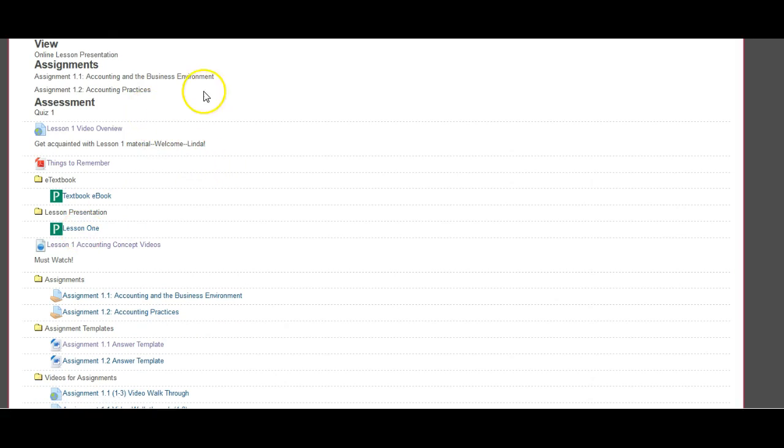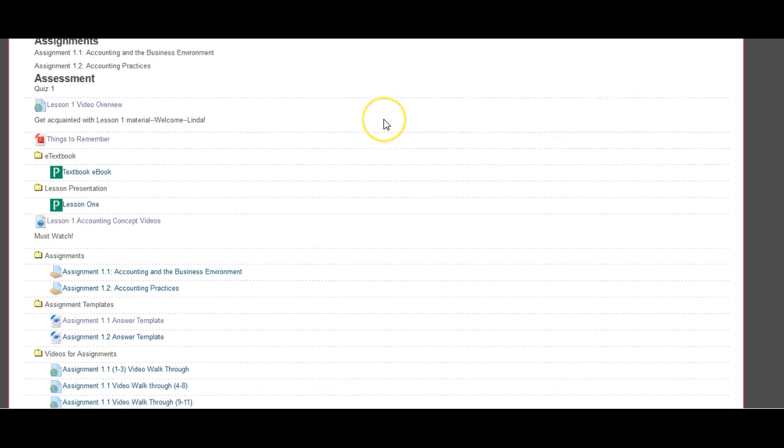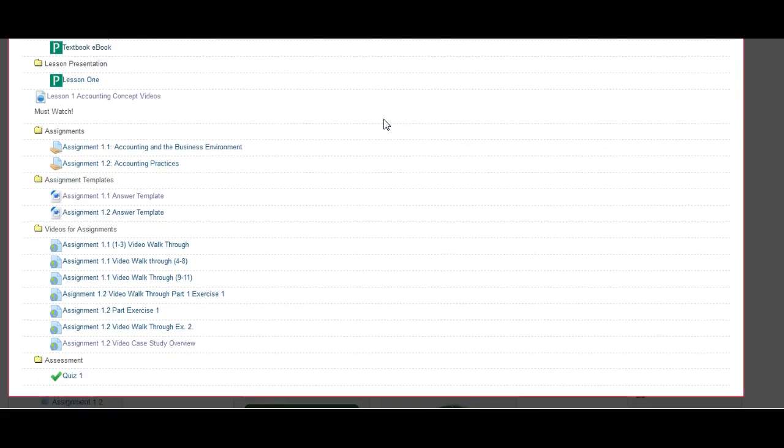And you will also, when you get into lesson 1, there'll be a lesson 1 video overview. I will take you through this so that you have a good idea of where to find things. Once you get used to one lesson, all lessons are designed the same way. I have a things to remember for you here. But also, what I want to show you